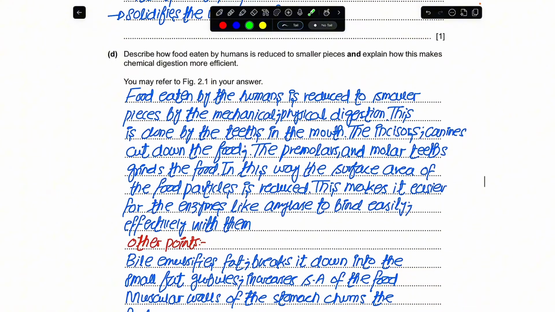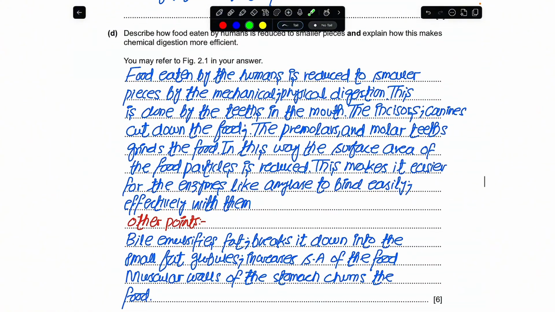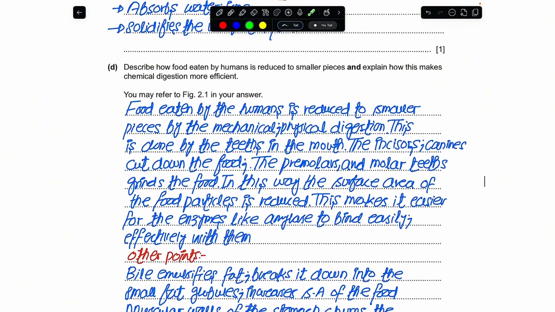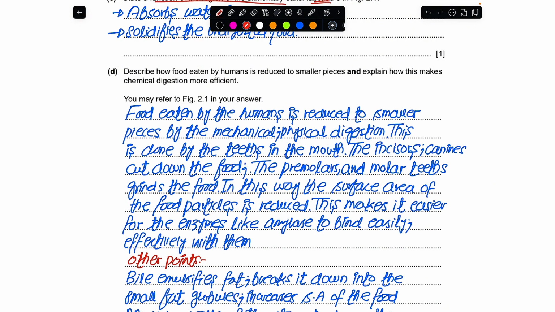If I were to come here to the D part, and the total marks given were 6, the examiner has to ask: describe how the food which is eaten by the humans is reduced to smaller pieces, and explain how this makes chemical digestion more efficient. Now, here there is a link to the physical and the chemical digestion. Like the food that we have eaten